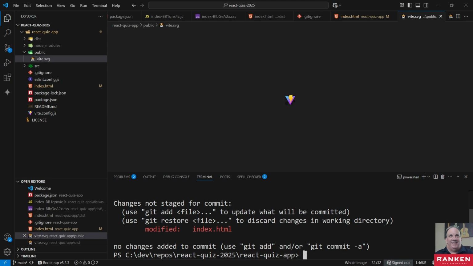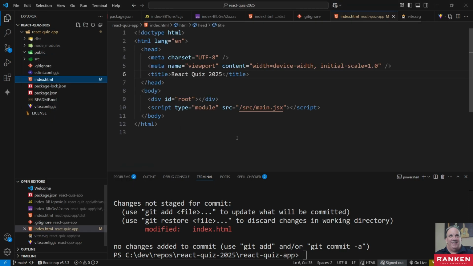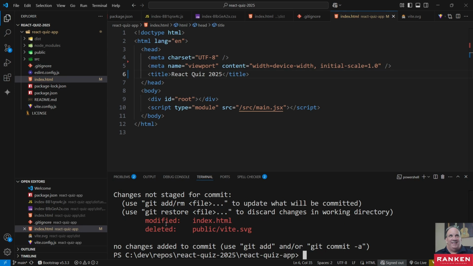But in this case, I want to get rid of something else. I don't want to be using this. Obviously, it'd be great if we had our own icon, but I'm not going to want to be using this one. So I'm just going to go ahead and delete this. Okay, I'm going to move this to recycling bin. It's gone. It's out of here. Okay, now if I do git status, it's going to show you modified the index.html, and it deleted this v,